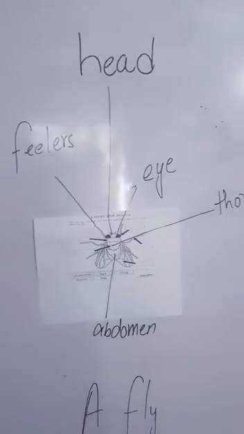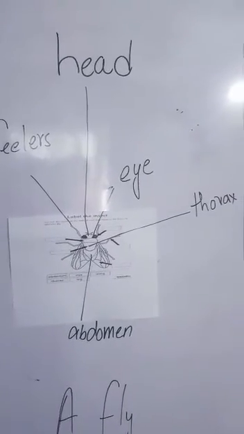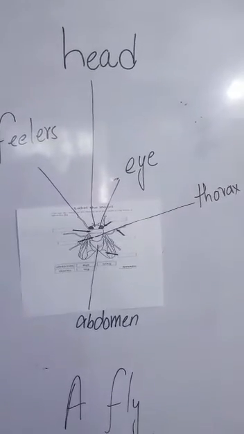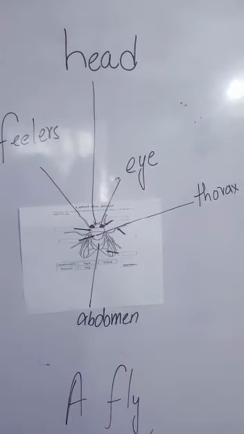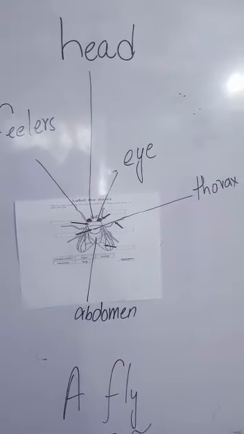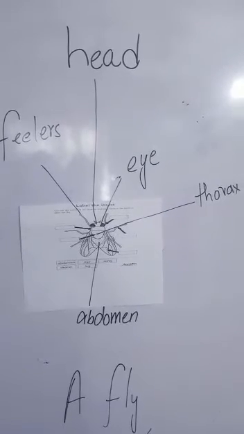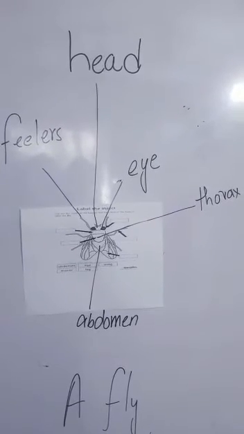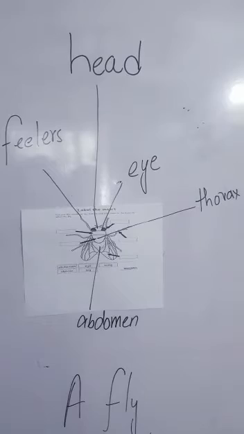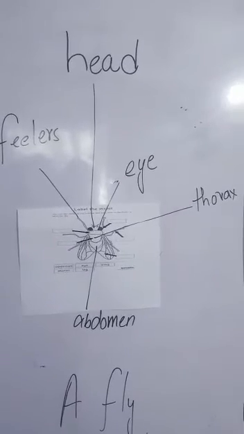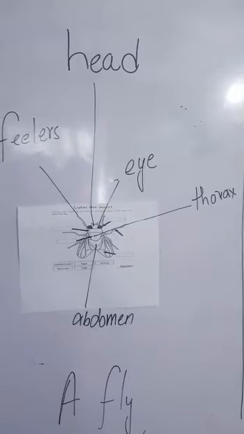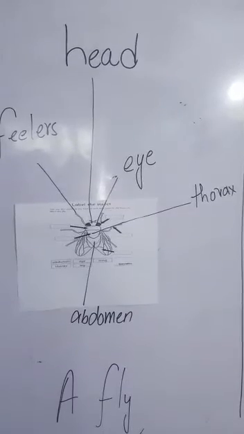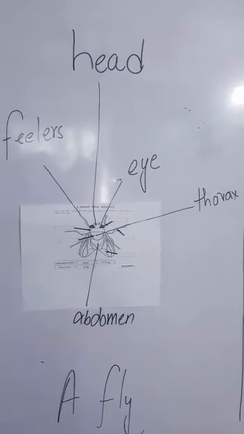Yes, that is available in this picture. Feelers. Yes, I would like to tell you students that through feelers the fly can suck the food and chew. Yes, through this part of the body, the fly can suck the food and chew. Now, this is how it uses feelers to chew the food. Yes, and the insect has two compound eyes as well.